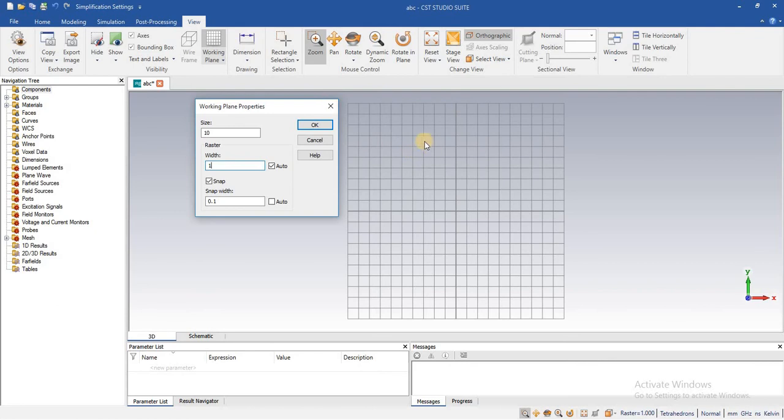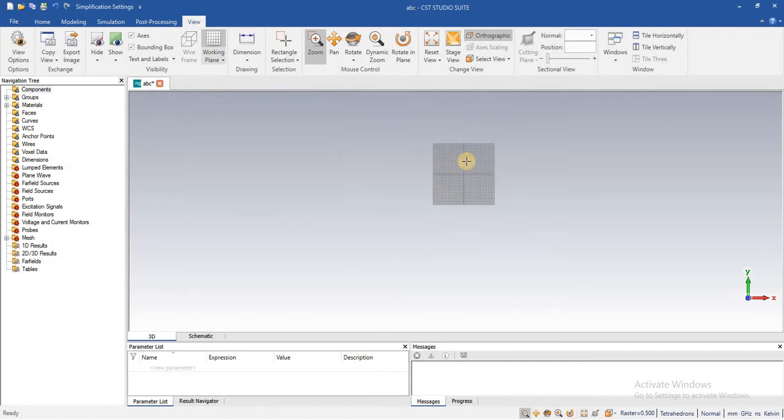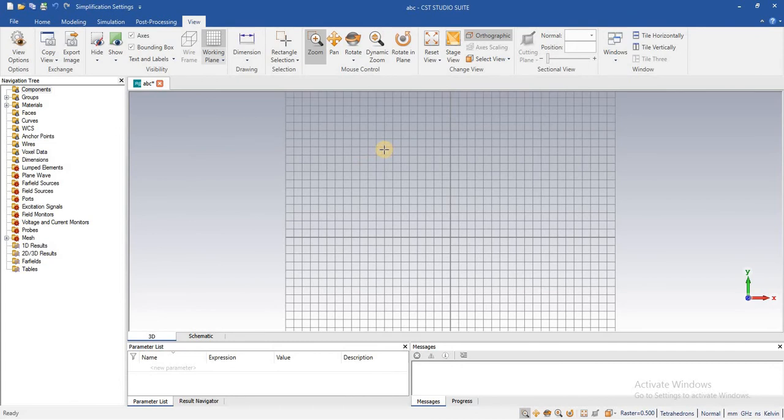For example, if you have a step size or interval of 1 and a value of 0.5, like 10.5, you have to define the grid width as 0.5. In this way you can easily note the location of the starting and end points.